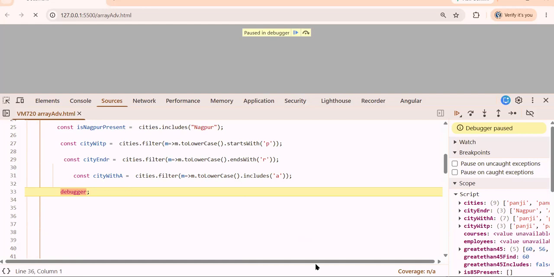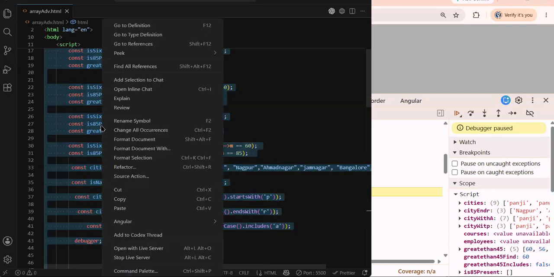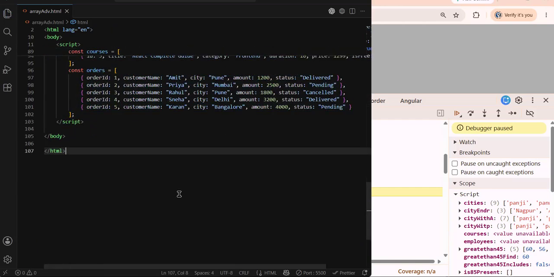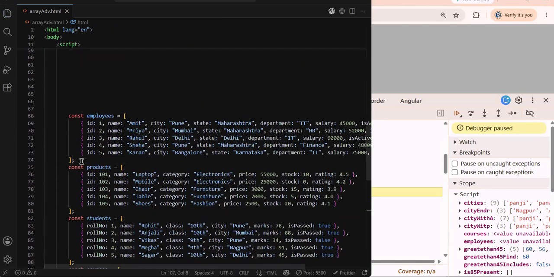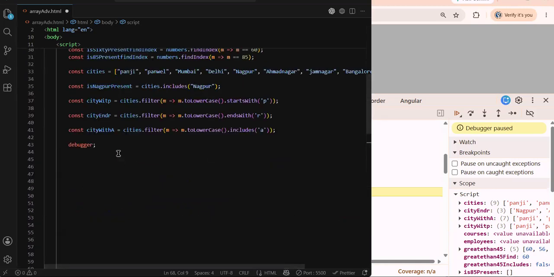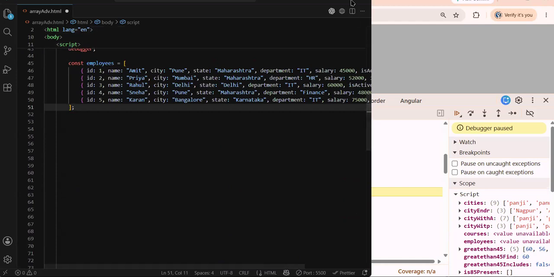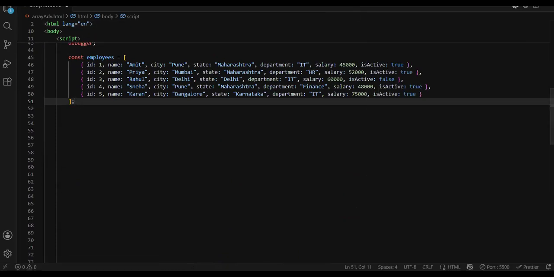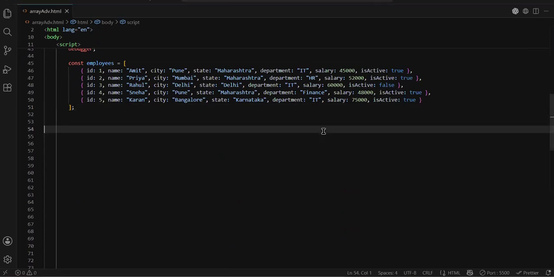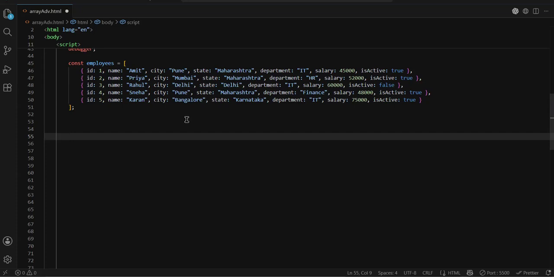Okay. Now we have done the same thing with your array of string and array of number. Now array of object. Now I have some array of object. Let's say employee. So observe it carefully. Now see what we have: ID, name. ID is unique. Name, city, state, department, salary, is active. Now let's say you want to get the list of employees who are active. Constant active emp